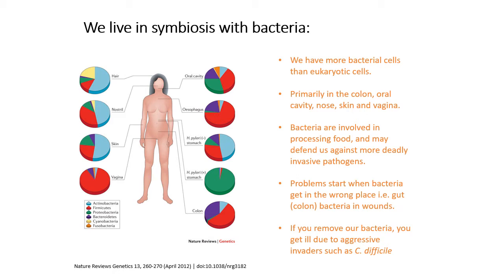Our gut is absolutely full of bacteria, and bacteria in our gut is used in breaking down food for the nutrients that we need. You can see here on the left some of the kinds of bacteria found in different parts of the body, everywhere from the hair right down through nostrils, the oral cavity, esophagus, stomach, into the colon, vagina, skin, etc. But in general, the primary areas where bacteria are found are across all the skin, the mouth, the colon,